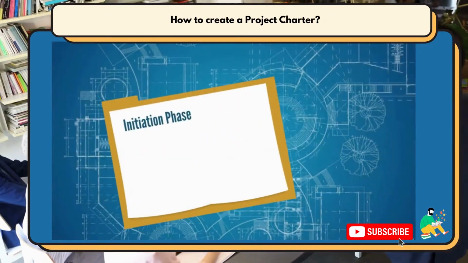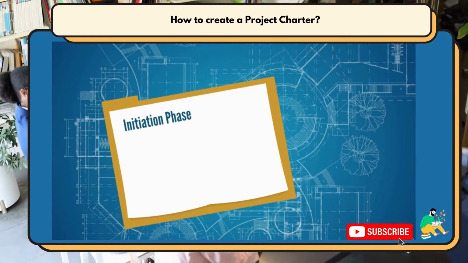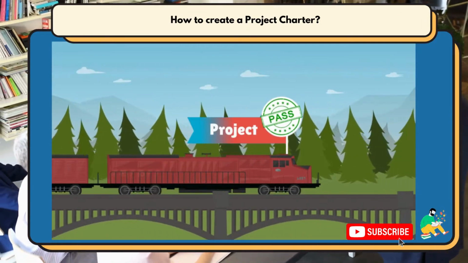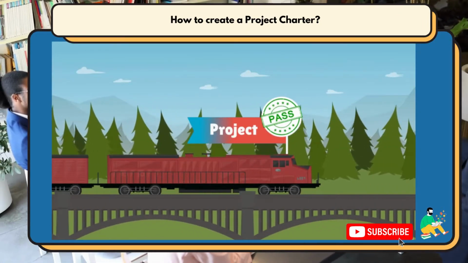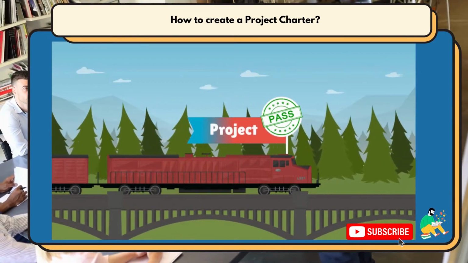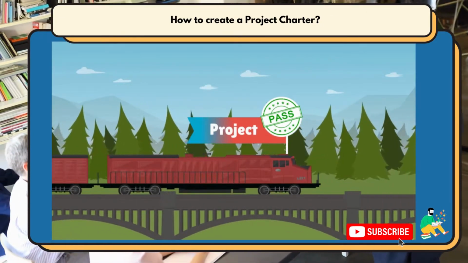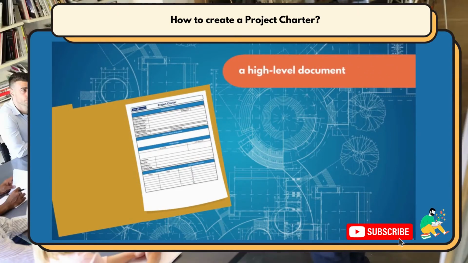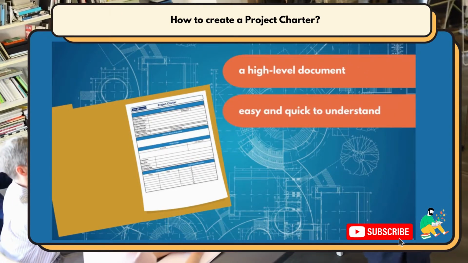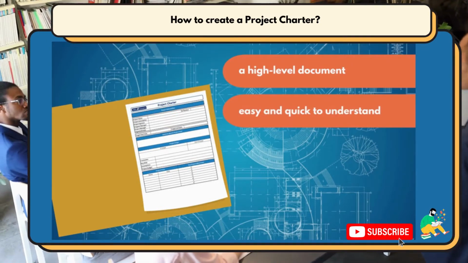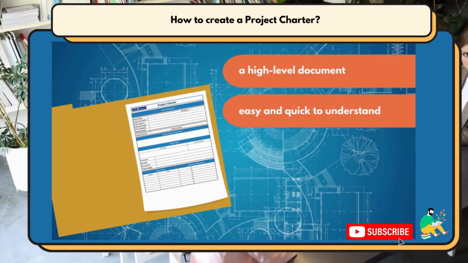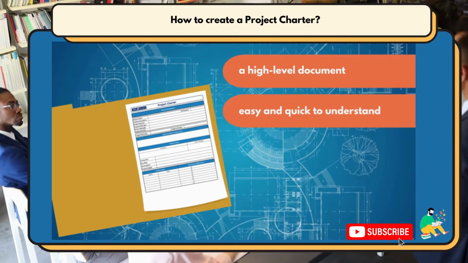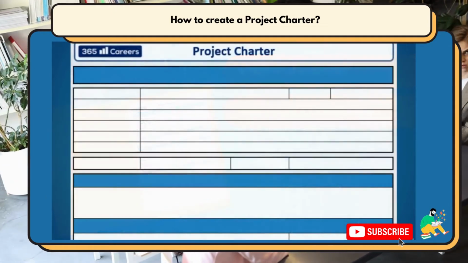Assuming the project is still viable, and the team are super enthused to get this train on the tracks, we need to give it a passport. Otherwise, it'll be stopped at every border and questioned extensively. What a waste of time. The passport is the project charter, and it's a high-level document, meaning it's easy and quick to understand, remember, and must contain all the fundamental information about the project. This is usually put together by the project owner. Here's an example of a charter.